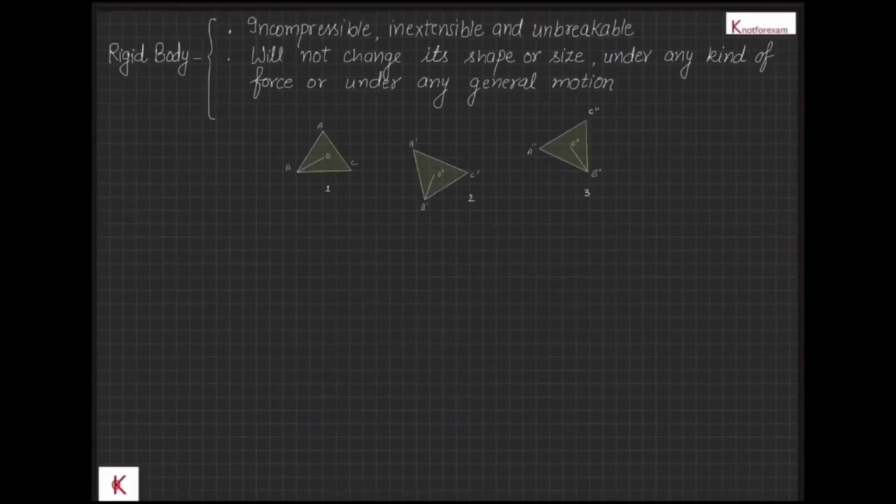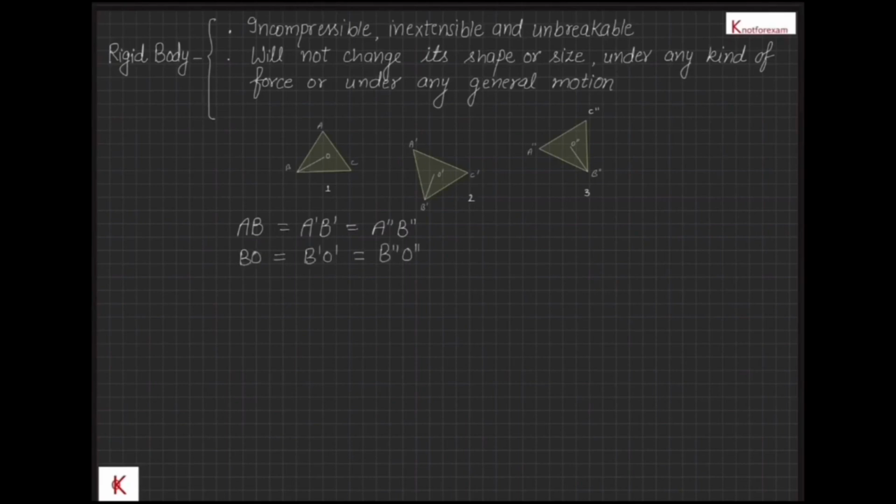Let's take a look at three different positions 1, 2 and 3 of a rigid body under a typical general motion. Distance between 2 points A and B in position 1, 2 and 3 are AB, A dash B dash and A double dash B double dash respectively. Then AB will be equal to A dash B dash, that will be equal to A double dash B double dash, since relative separation will remain constant. And this is true for any 2 points of the rigid body. Let's see 2 points B and O, then BO will be B dash O dash, that will be equal to B double dash O double dash.